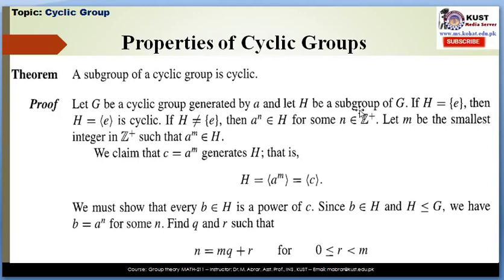Because there is an order in the set of positive integers, we can choose the smallest possible integer. So we assume that this m, that's an assumption, is the smallest positive integer